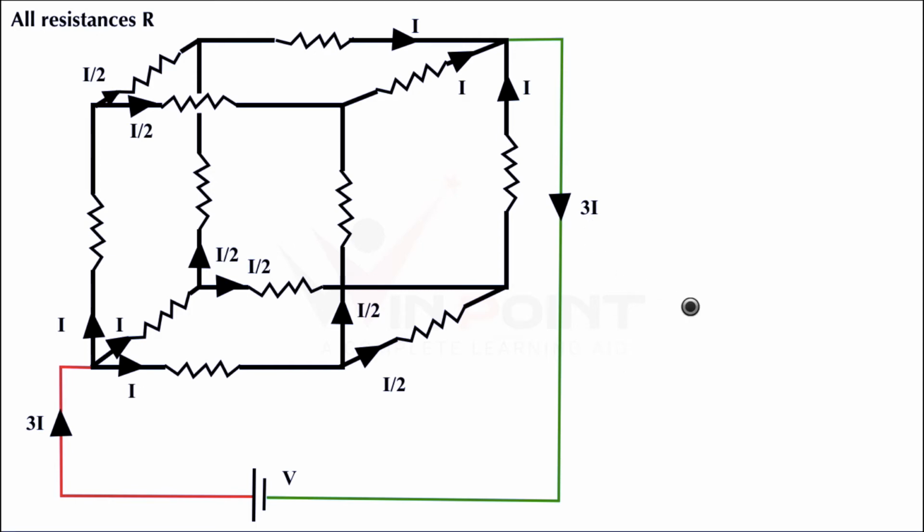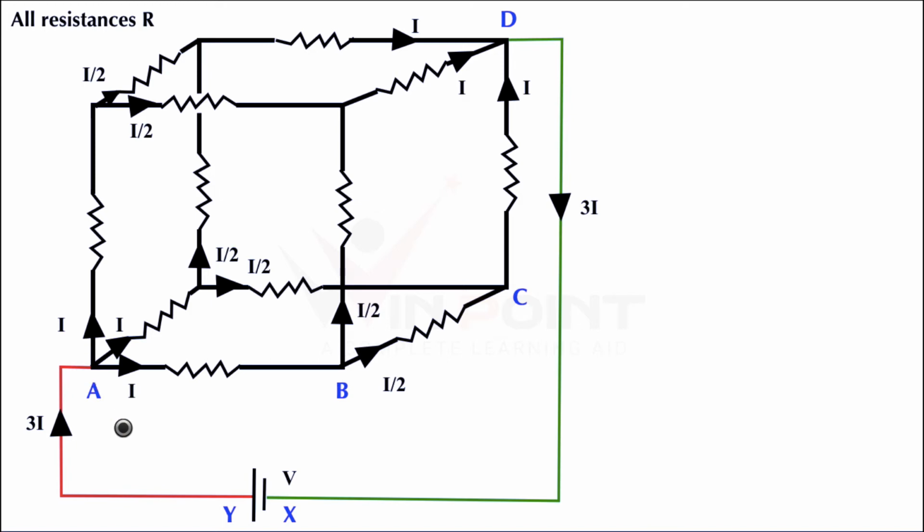Okay, now we are giving a name for this loop. Here there is a loop A, B, C, D. Here it is X, Y. I am going to consider the flow of current in this loop, from this point to this point, and it is coming back X, Y, and again it is reaching back to A. I am considering this loop.